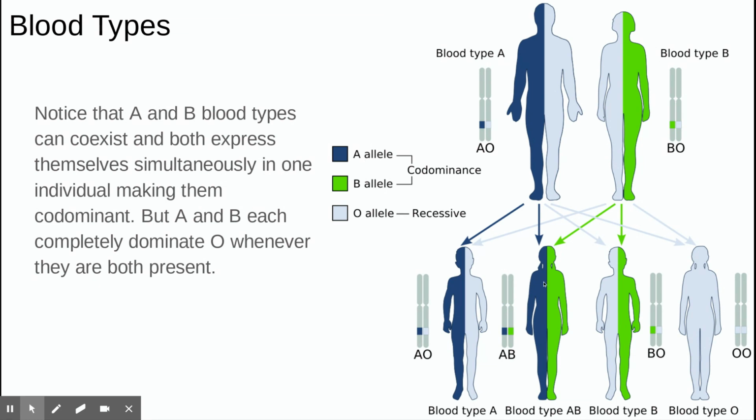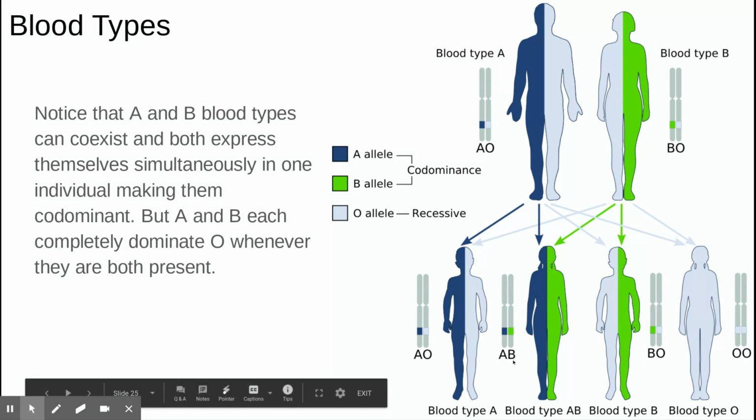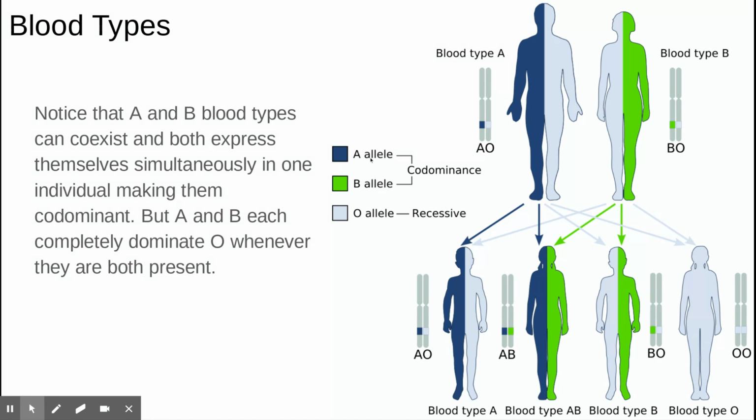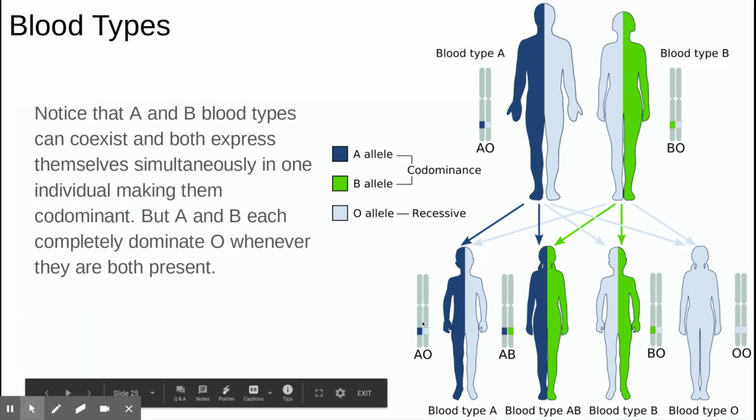So if you inherit A from mom and B from dad, or vice versa, you might be A and B at the same time. They will be co-dominant. So that's that side-by-side thing. Whereas if you were to inherit A and O, A is actually dominant over O. So you would just call yourself blood type A. They wouldn't even worry about that O because it doesn't really do anything. If you were to inherit B and O, then B would just dominate the O and you'd say you're